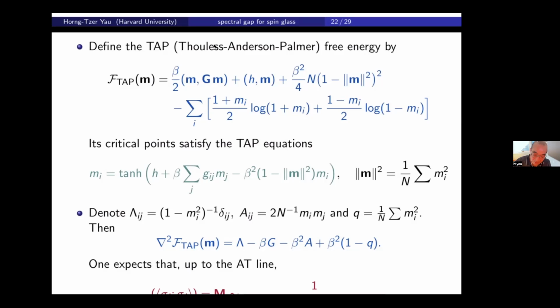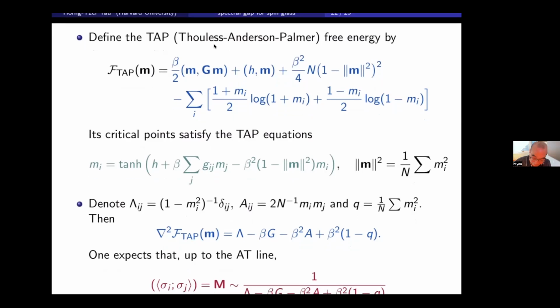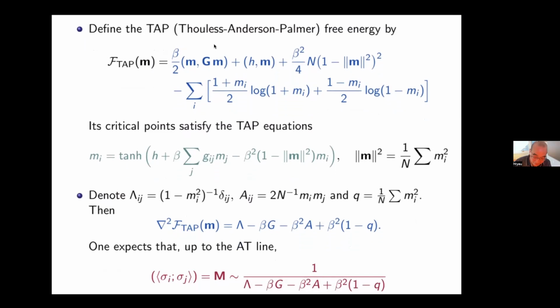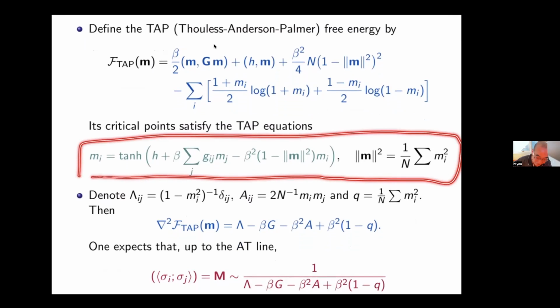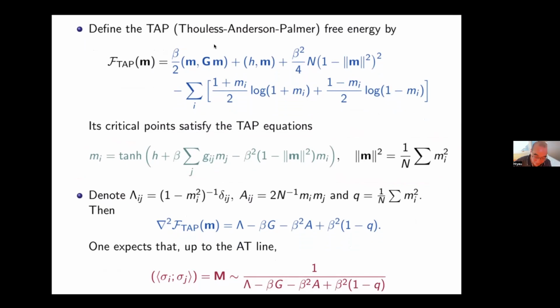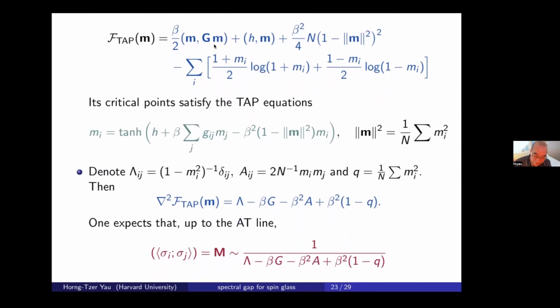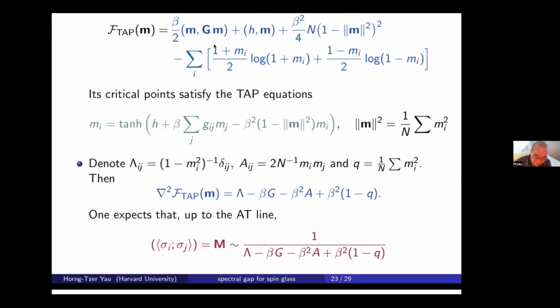And so the energy minus entropy is free energy. Now, if you look at critical points of this equation, then you get this one. And this is the so-called TAP equations. Now this is a critical point, and because of the log, that's why you get tangent, you get it like that. And now, if you look at the second derivative of the TAP free energy,